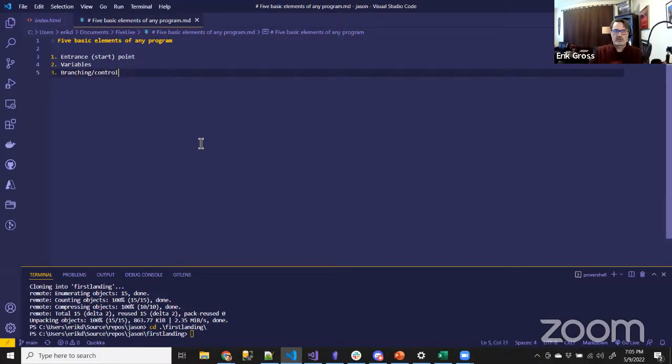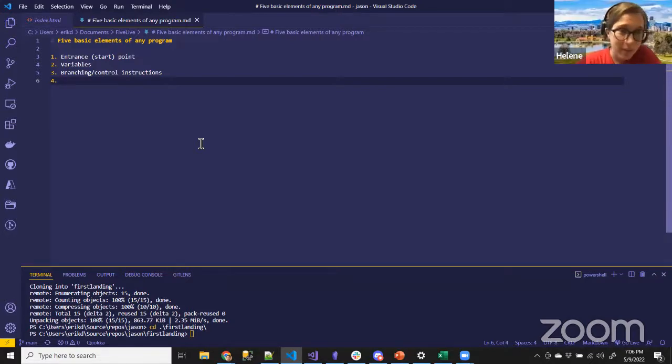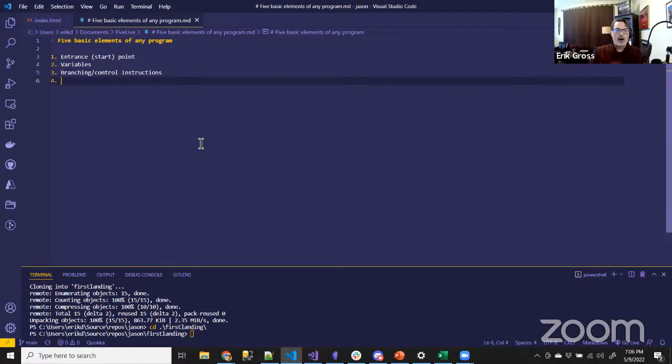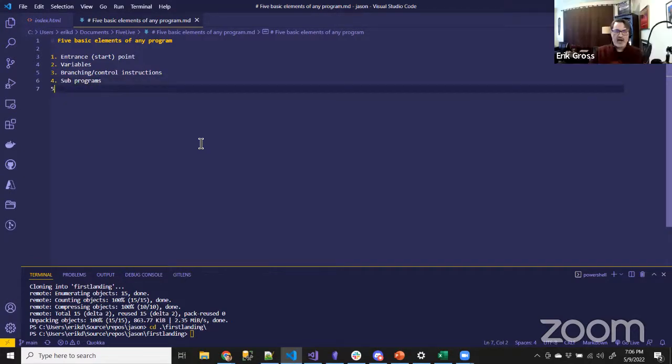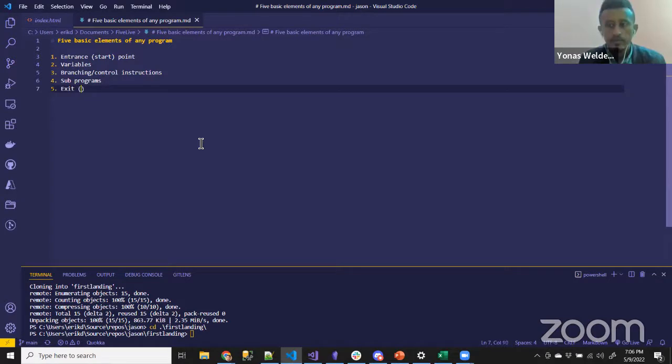Branching or control instructions. I'm not picking on you. It's actually really awesome, Jonas. Someone else besides Jonas, remember the last two? It's okay if you don't. I don't remember conditionals. Branching and control. That's totally good. All right, it's sub programs. And then 5 is the opposite of number 1. Exit. Exactly. An exit or